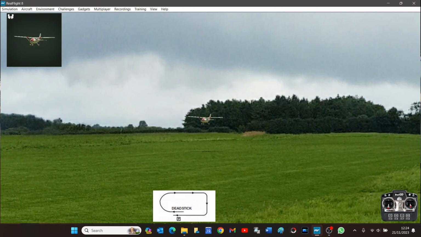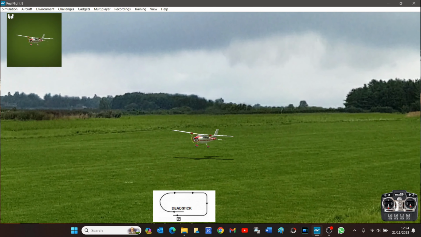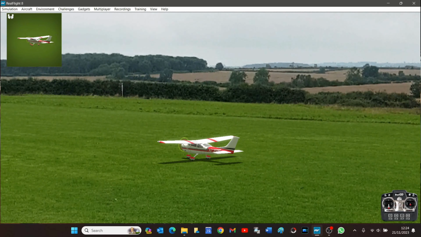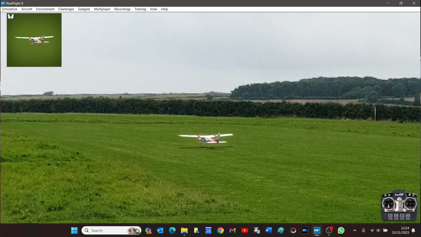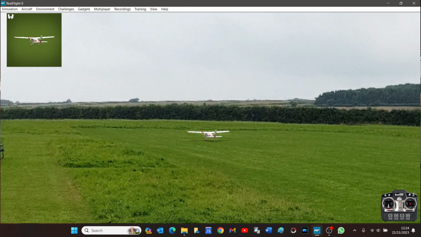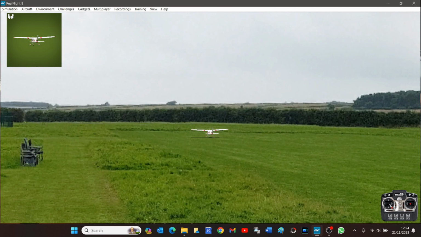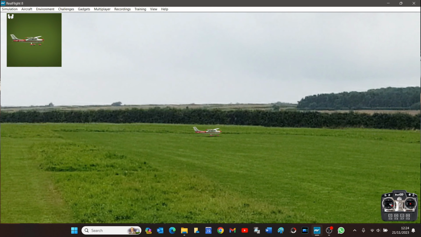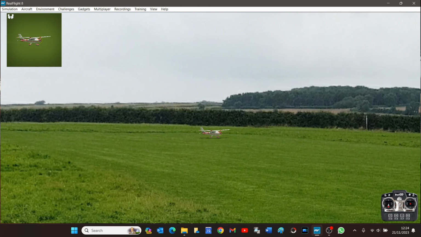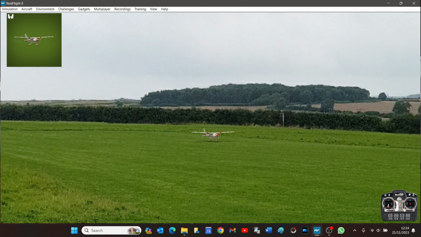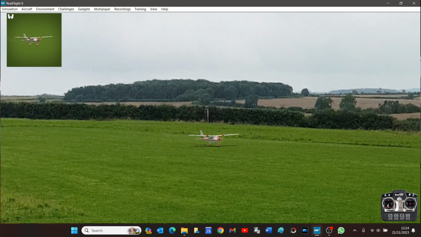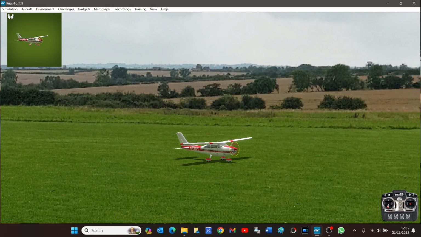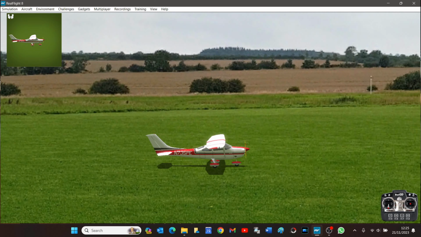So flaring off the speed there, gentle touchdown there, and wait for the model to come to a stop. Obviously you can then open the throttle and taxi the aircraft back towards yourself, not to the pits of course, but a little bit closer, and then you can go and retrieve the model and complete the rest of the test, which of course will be the post-flight checks and then the supplemental